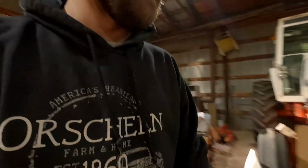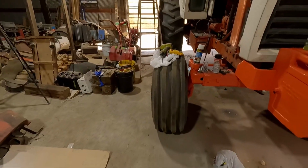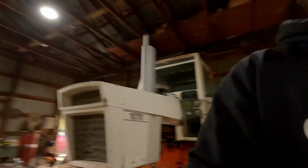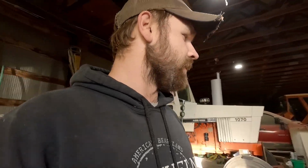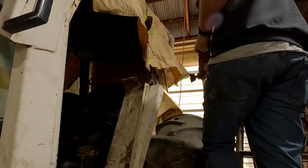I need to do the other side yet, but I am out of paint, and this tire is kind of low. I need to get it off and get it down to our local co-op and get it figured out as to why it is leaking. That is the tire that was on the tractor already when we got a hold of this thing, so